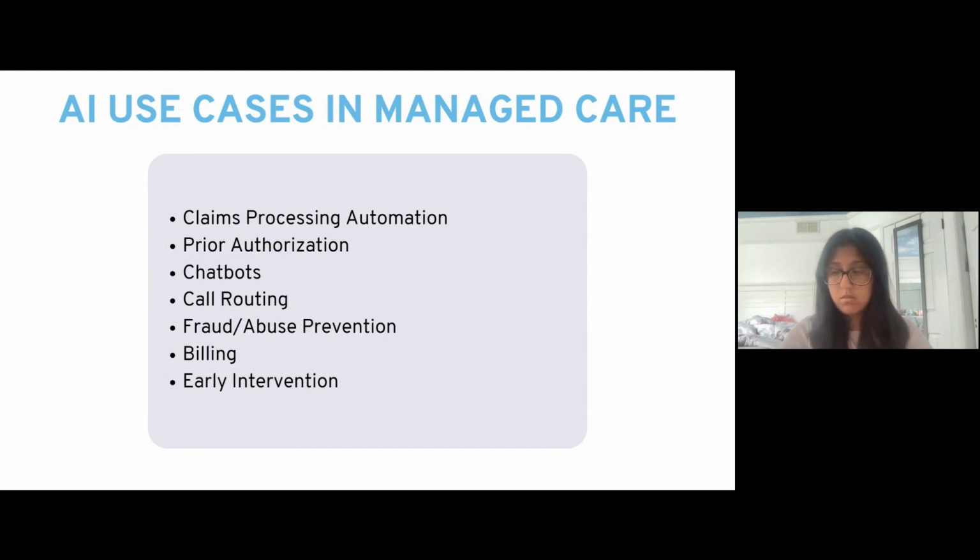We also have scenarios where, as much as we would prefer not to see fraud and abuse in healthcare, it does occur, right? So you have scenarios where physicians sometimes may be billing for 80 hours when they can only physically work for 40 hours or 60 hours. So a lot of that happens. You have some malpractice going on in the industry that needs to be controlled and audited by health plans. So this fraud abuse prevention use case helps with making sure that all these issues are prevented through a systematic, data-driven approach without any human intervention. Then we talk about billing.